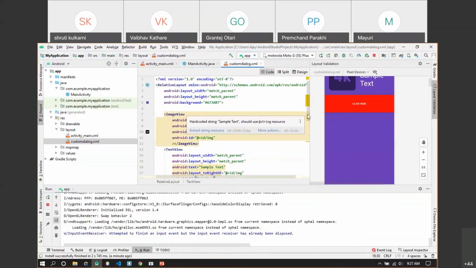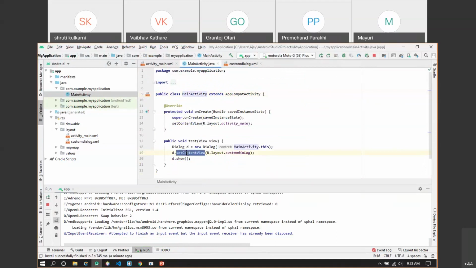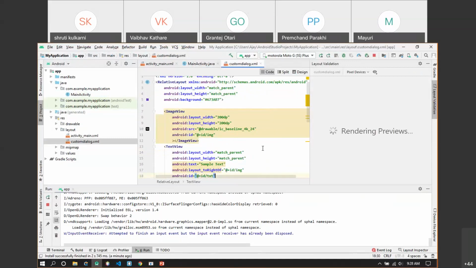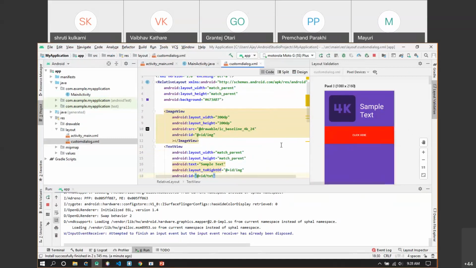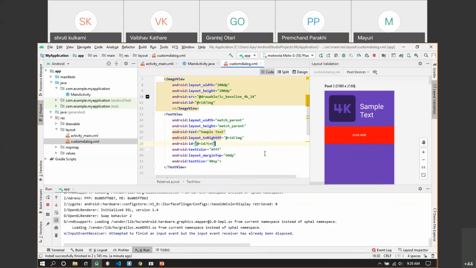You have to create your custom layout file where you define the layout that you want to add. Then you create an object of class Dialog, and on that object you call the method setContentView and set the corresponding layout as the content view for the given dialog box. Then it will display the contents of the layout in your dialog box. That's it. This is the easiest way to create your custom dialogs.